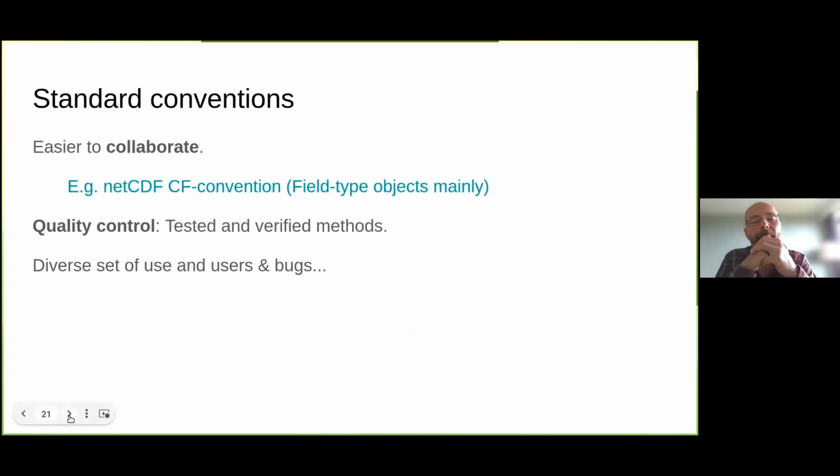So, I think there are not yet any conventions when it comes to the data objects, but there is in SCDF. That makes it easy to collaborate when we have standard conventions. One thing is the field types, where we have the NetCDF convention, but for time series there aren't so many, and for storm trajectories there are some conventions, but beyond that,